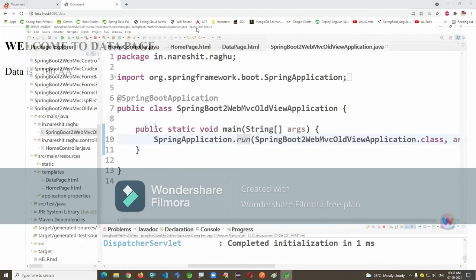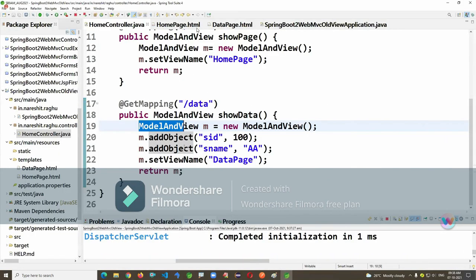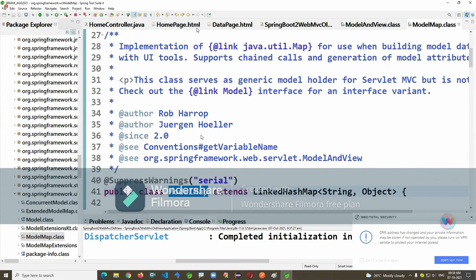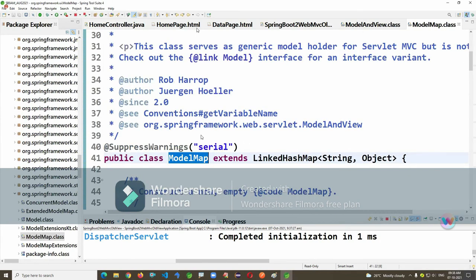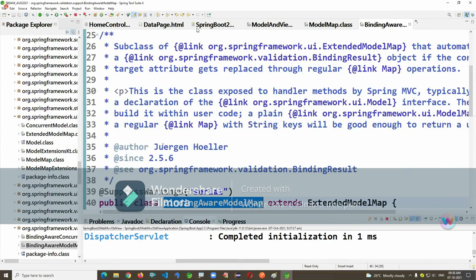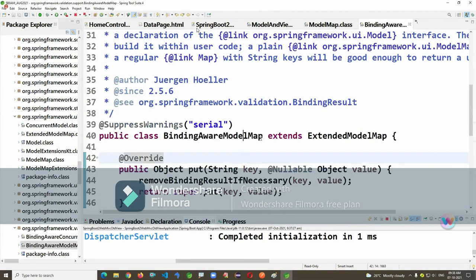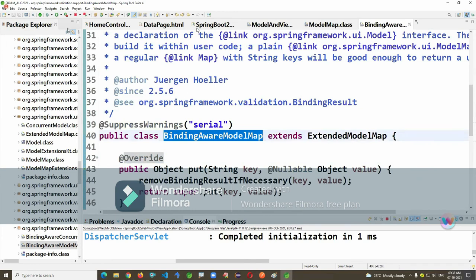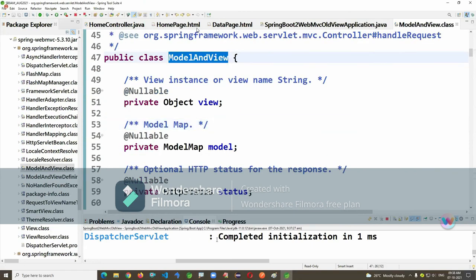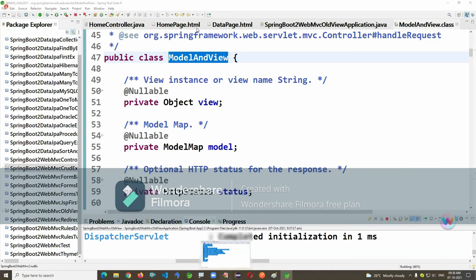Where ModelAndView is used, ModelMap is the class used to store the data. The latest one is BindingAwareModelMap, which stores the data. It's a subtype of the Model interface. It clears the memory once the response is committed, so it's not going to store it. But ModelMap is not like that. It is created as a single object in the container, and it's not a recommended object. You can understand it like response commit versus a singleton object.